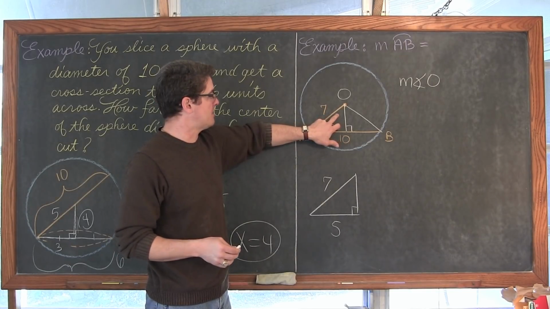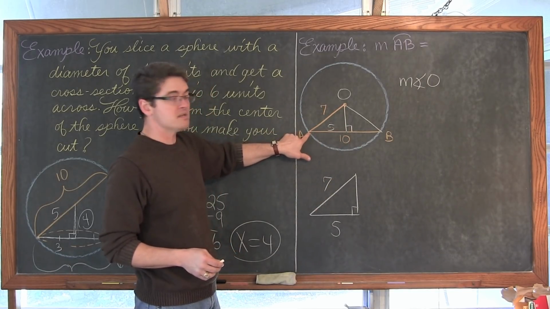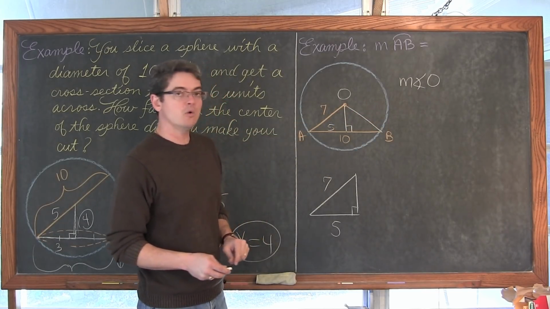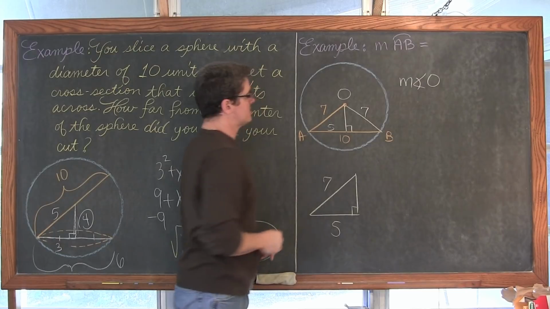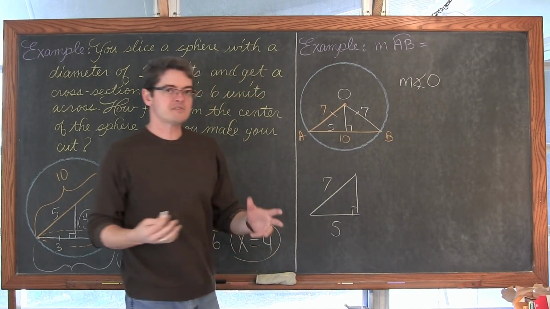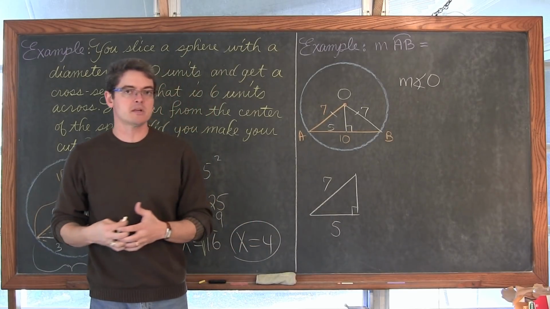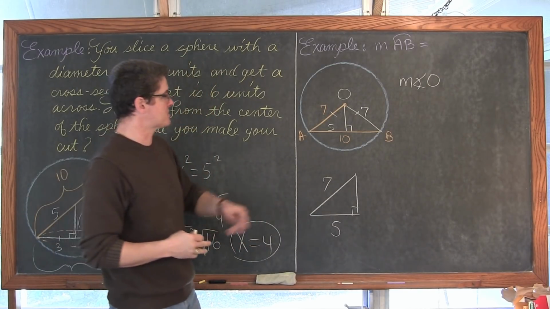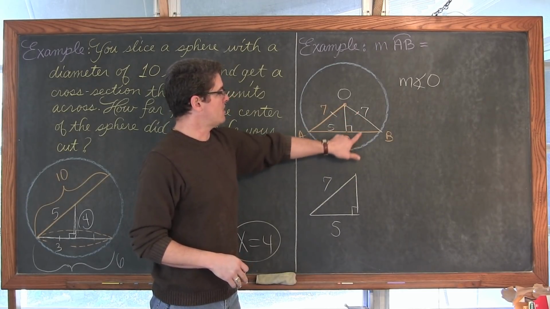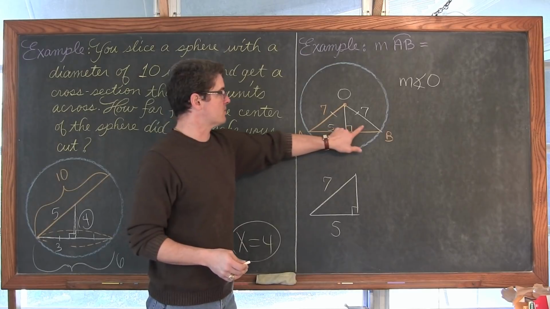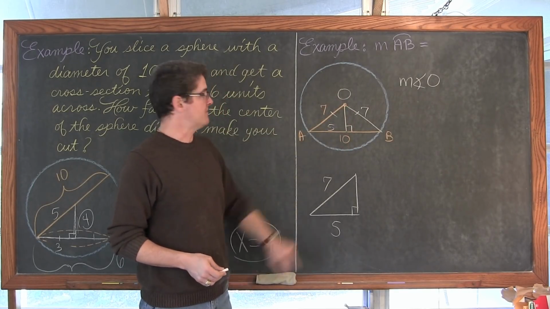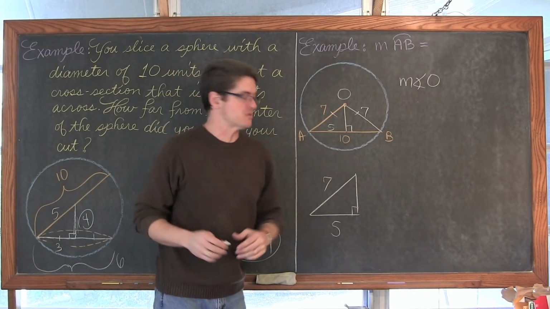Now, why can I simply double it? Because this is the radius of the circle. Over here, I've drawn another radius of the circle, which is OB, and that's equal to 7 as well. And what I'm looking at is an isosceles triangle. And I've said this now in a lot of videos, especially when we started studying regular polygons and now circles, that when you drop an altitude down in an isosceles triangle, you not only get a perpendicular bisector of the base, but you get a bisector of the vertex angle, which means you cut it in half. So if I find that angle, I can double it, and there's our answer.